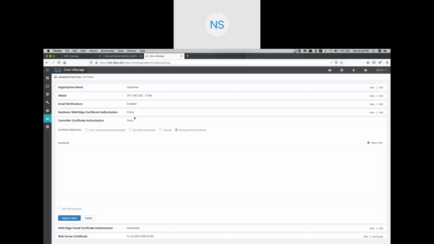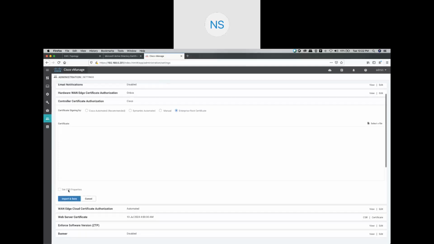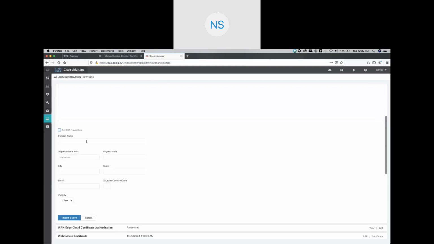First thing I will do is click on set CSR properties and configure the CSR. CSR is just a certificate signing request. When you add the controllers, whether it's vManage, vSmart or vBond, you need to generate a CSR for them to request the certificate. For those CSRs, I will be predefining my parameters. First of all, my domain name will be my domain dot local,